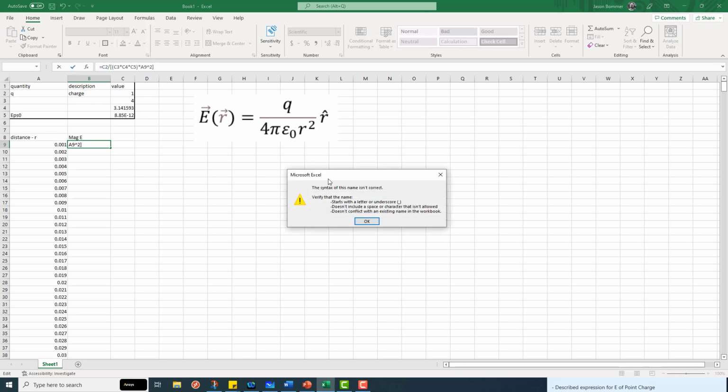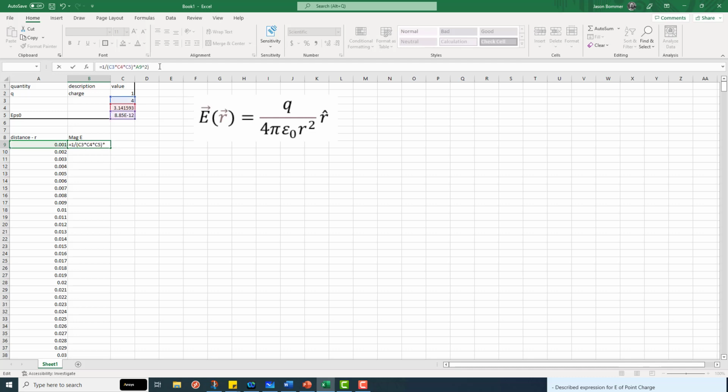And I'll hit the check mark, and it doesn't like the syntax. I must have forgotten something. Let's see here. What I think I just found from trying to troubleshoot this is that Excel appears to have a syntax error when I change from parentheses to brackets. So I thought I was being clever by trying to keep things organized, but instead let's just use parentheses for all arguments. So this is what I thought I was doing the first time, and I'm going to hit return,